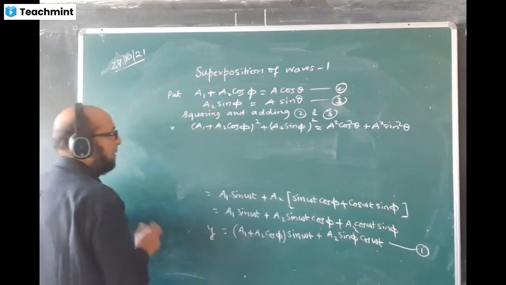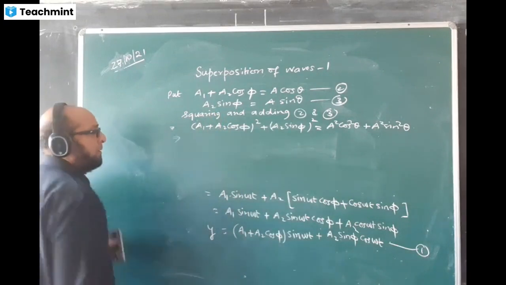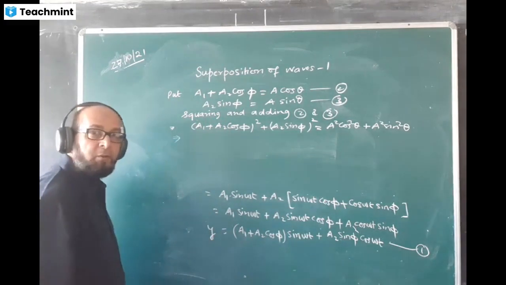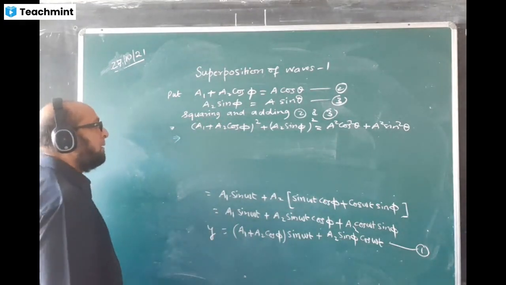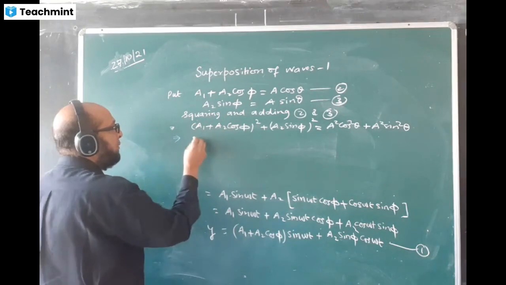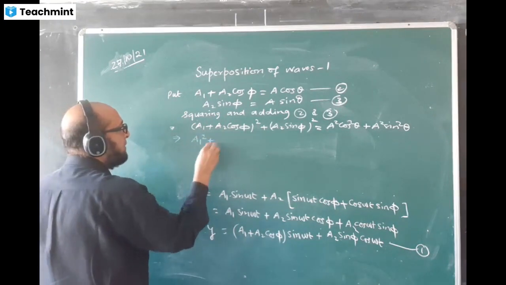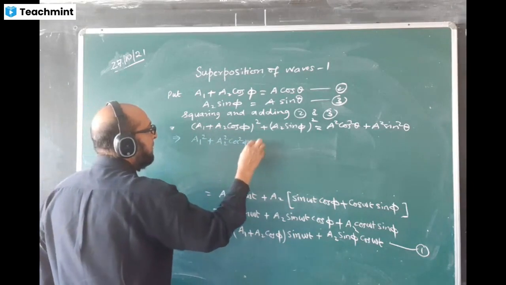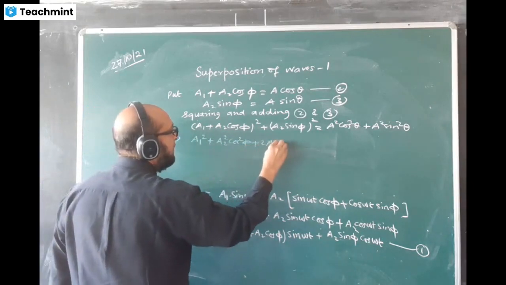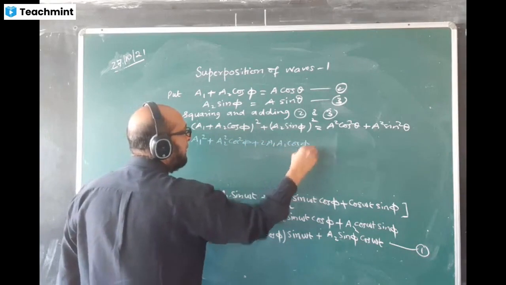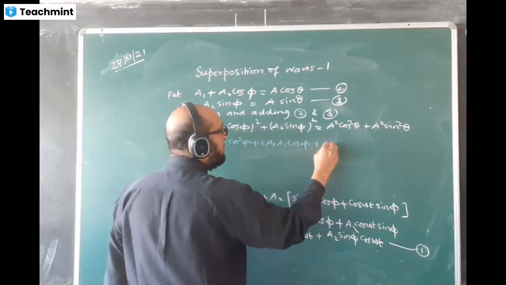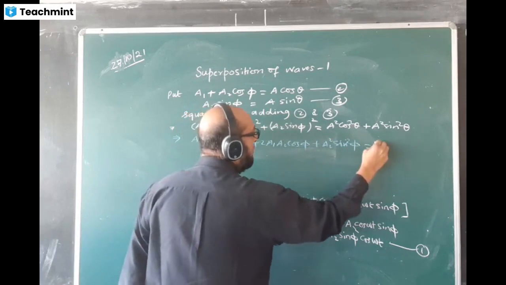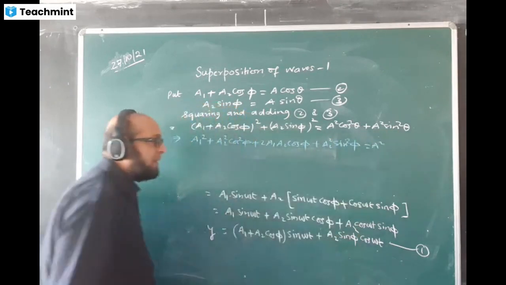Don't drop the last line. Now this equation I also need, so I'm not rubbing that. Expand it now, formula of A plus B whole square. What is the formula? A square plus B square. You get A1 square plus A2 square cos square phi plus 2A1 A2 cos phi plus A2 square sin square phi. A square common: cos square theta plus sin square theta gives 1.